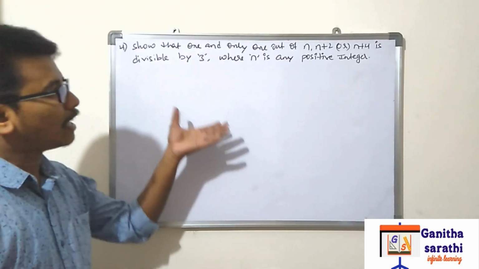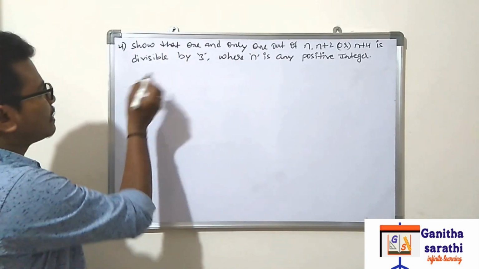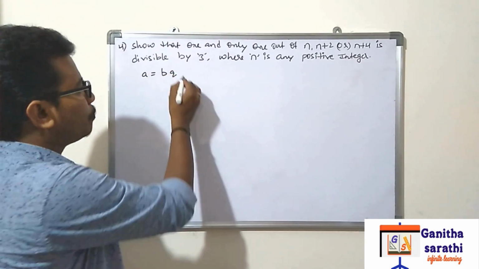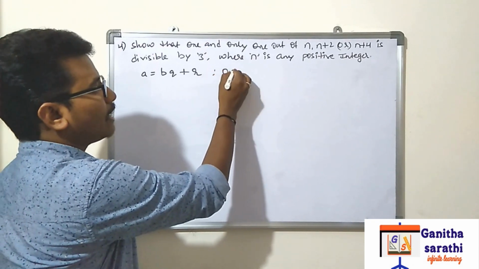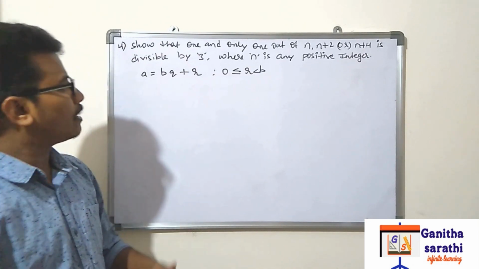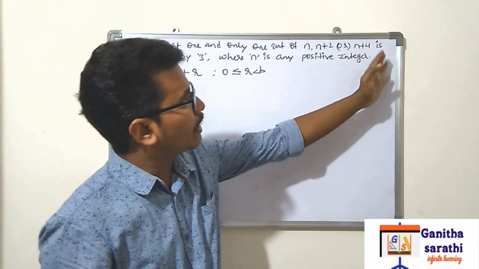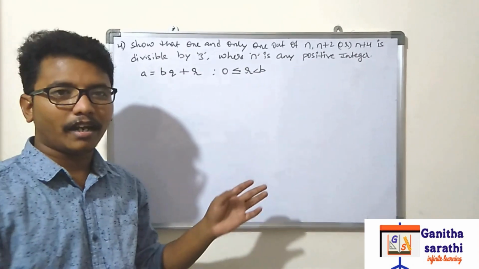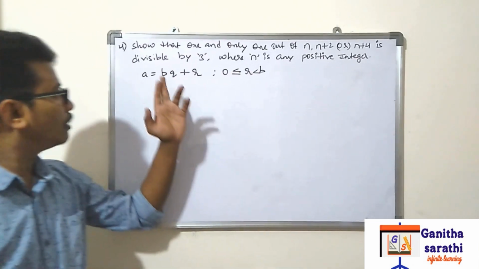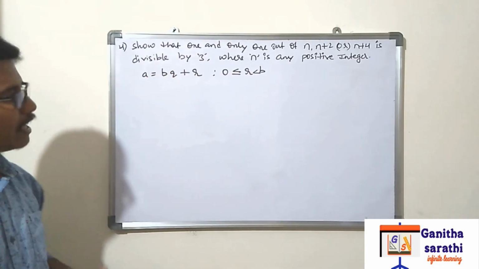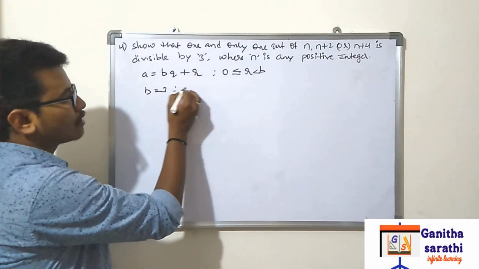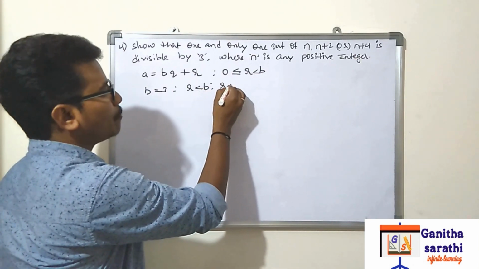Now see the problem, the last problem. What is Euclid's division algorithm? a is equal to bq plus r, and what is the condition? 0 less than or equal to r less than b. So you may have a doubt here, b is not given. Now how can we take b? See, b means what? In Euclid's division, what is b? Divisor. Here it is given, divisible by what? 3. So can you take b value as 3? Yes, you got the b value. Now next, r should be less than b, means r should be less than 3.